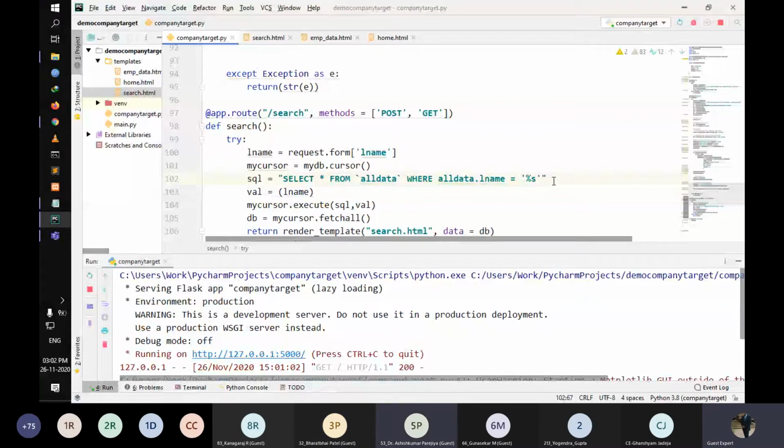Okay, I think I got where I made the mistake. Double quotation. You need brackets over here.